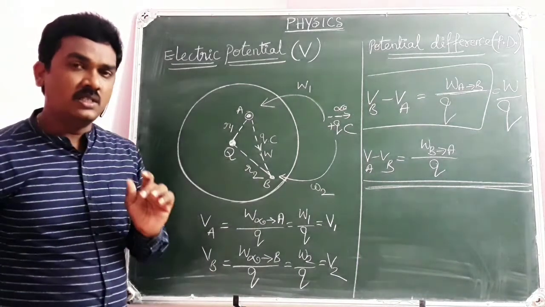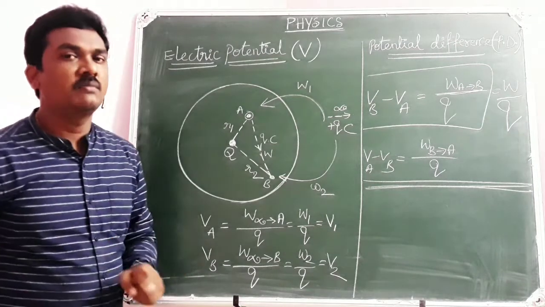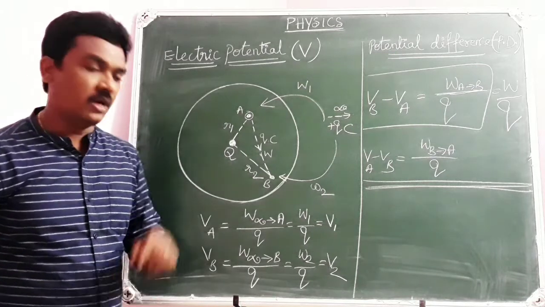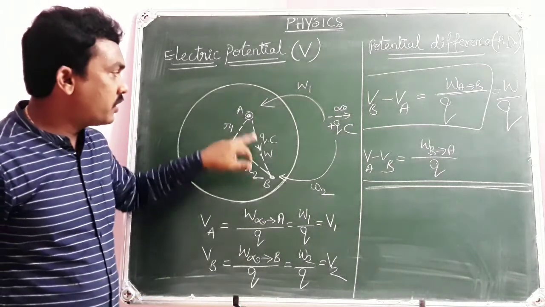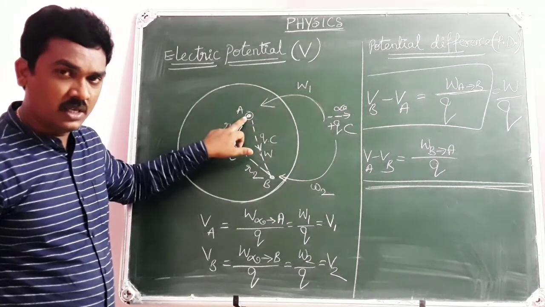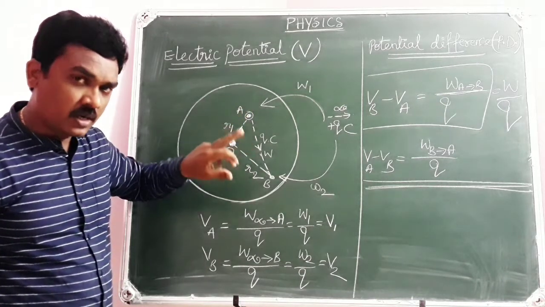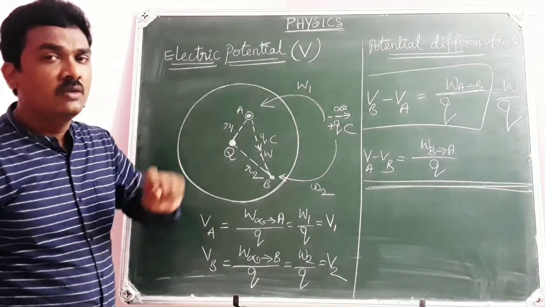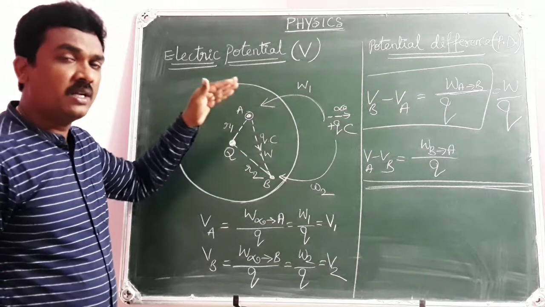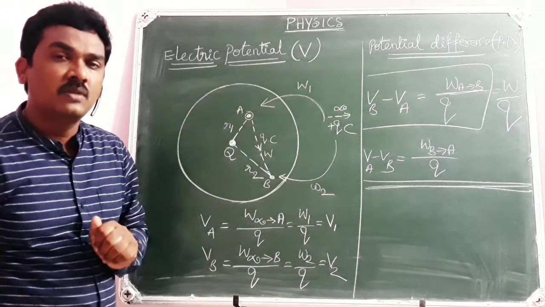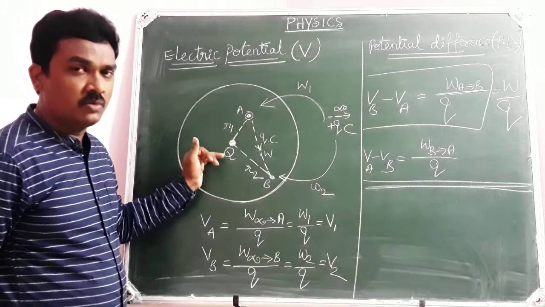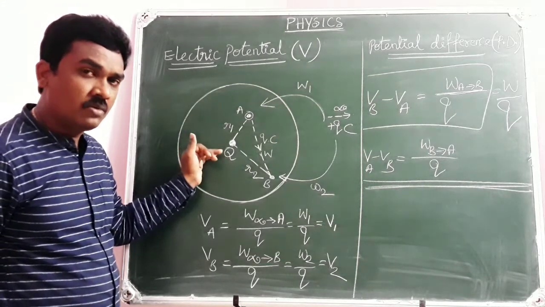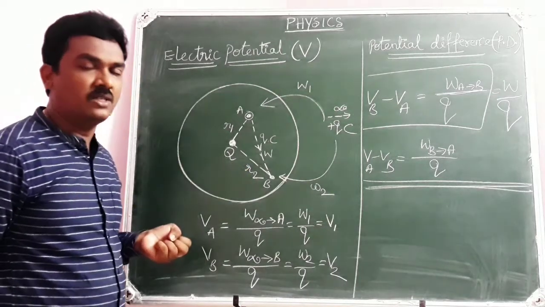So you have learned, one is electric potential at a point, and another is potential difference between the 2 points. I conclude once again for you. Electric potential at a particular point is the amount of work done to carry 1 coulomb of positive charge from infinite distance to the particular point in the electric field. Of course, if the source charge is positive, then work is done against the electric field. If the source charge is negative, work is done by the electric field, because it will attract.